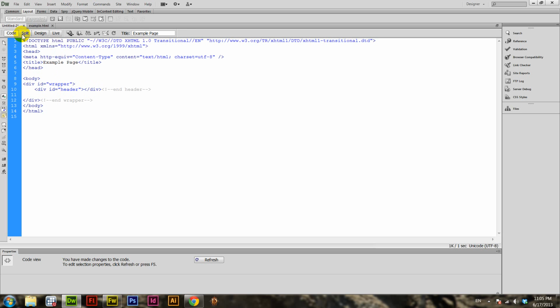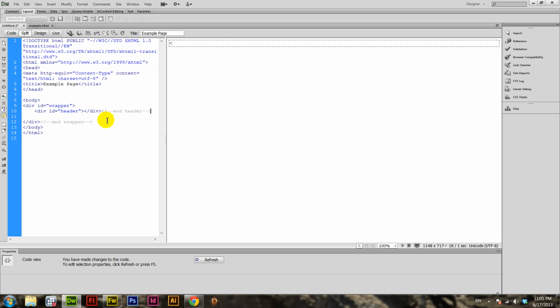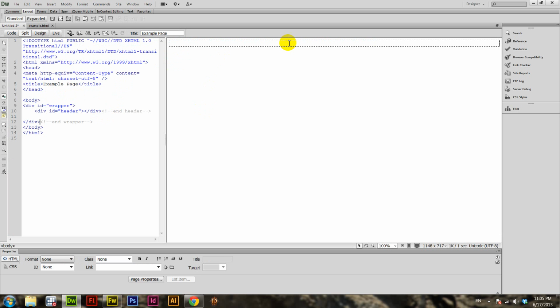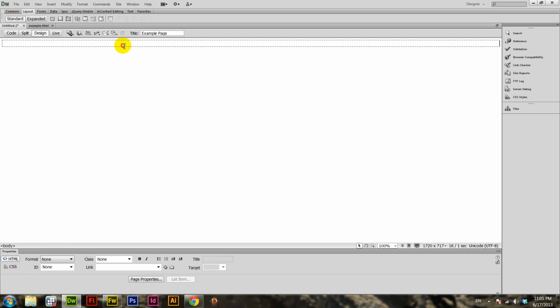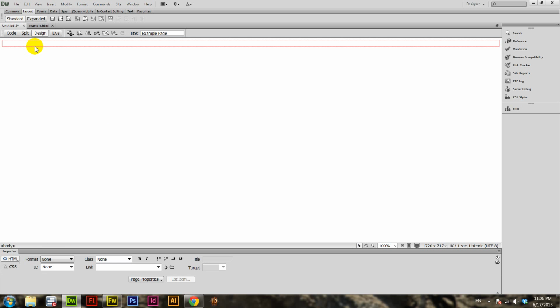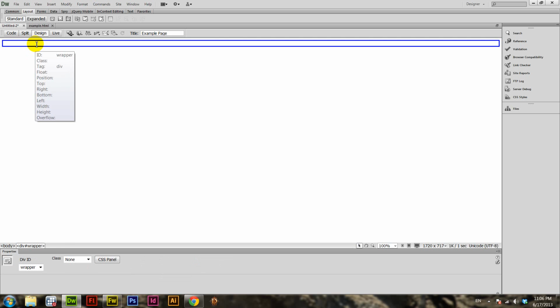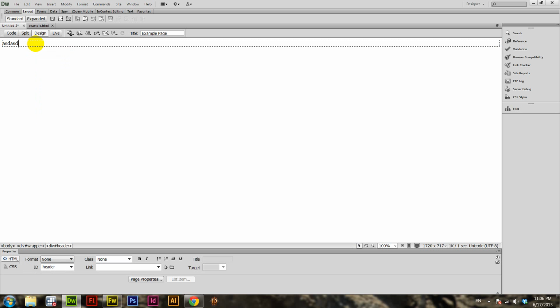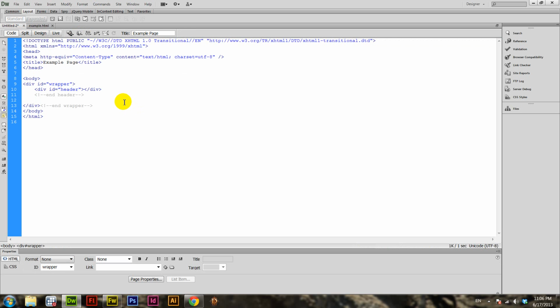Let's go to split view and work this out. Notice this dotted line right here in design view. It's got no width. It's just there. If you type into it, you can type into it. Because this is kind of a beginner's video, I want to show you in a web browser and show you what this is. Okay. Let's go to, actually, no, before we do that,